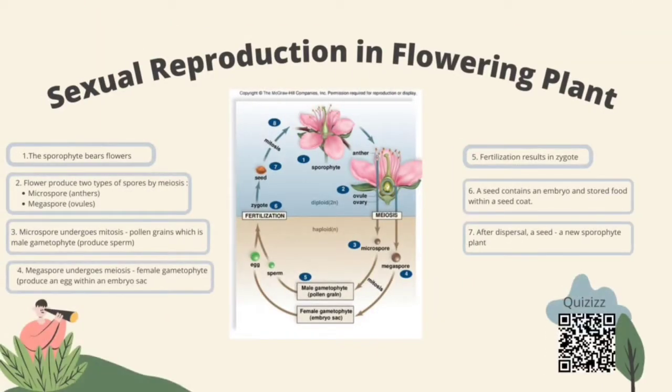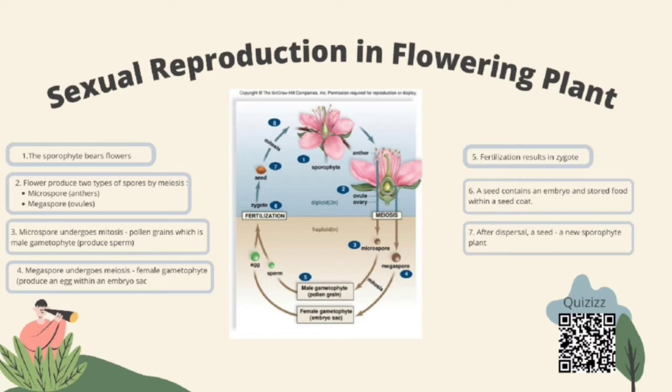This figure shows sexual reproduction in flowering plants. There are 7 steps. First, the sporophyte bears flowers. Second, the flower produces microspores within anthers and megaspores within ovules by meiosis. Third, a megaspore becomes a female gametophyte which produces an egg, and a microspore becomes a male gametophyte which produces